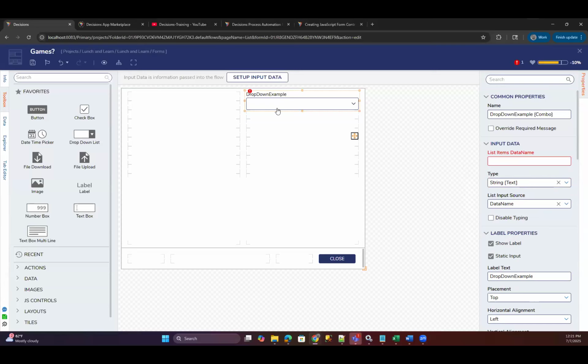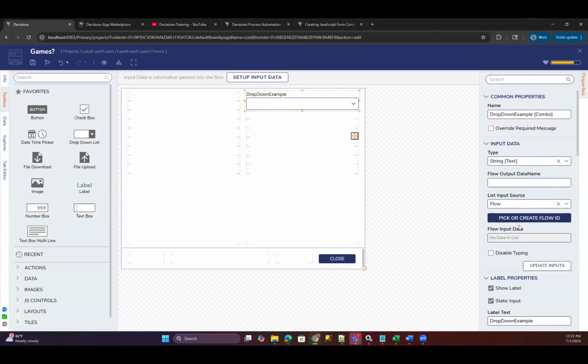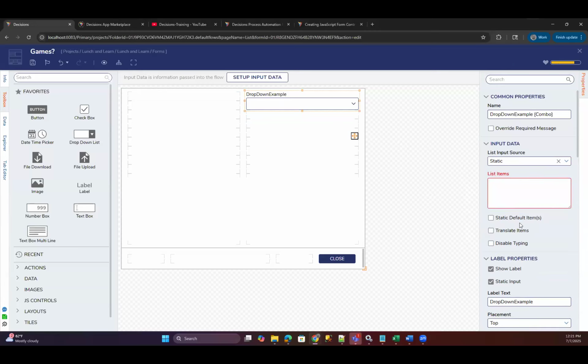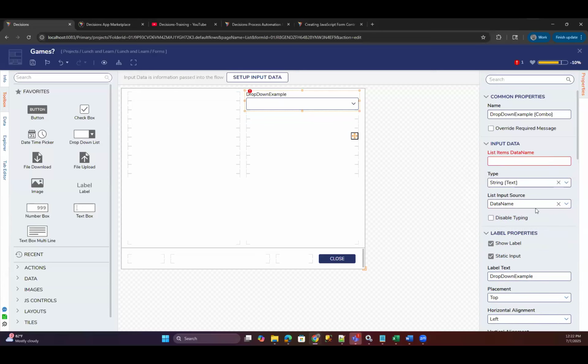So what you'll want for your dropdown on your other form is you need strings, and you need the input source to be a data name. Because you could have it either come from a flow, which is a flow that you build inside the form. That doesn't sound like what you need. And static would be completely static, which is obviously not what you're looking for, since you want it to come from the other elements that are chosen. But if you just have a data name,